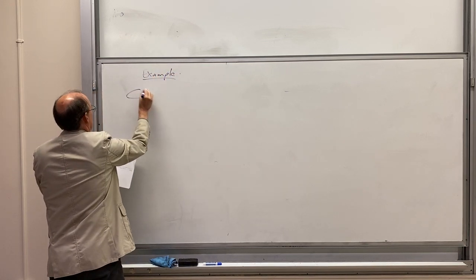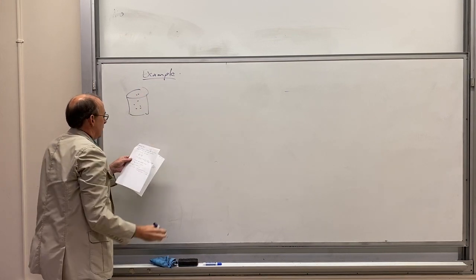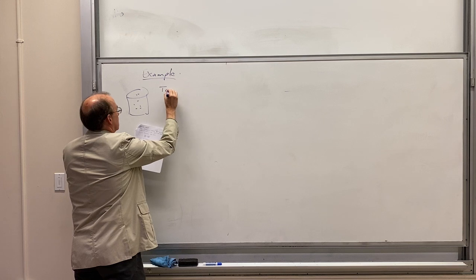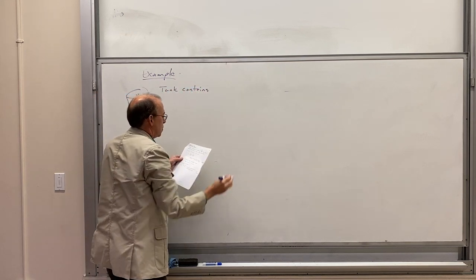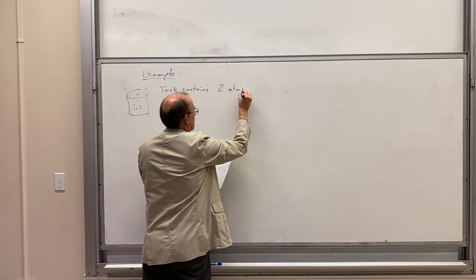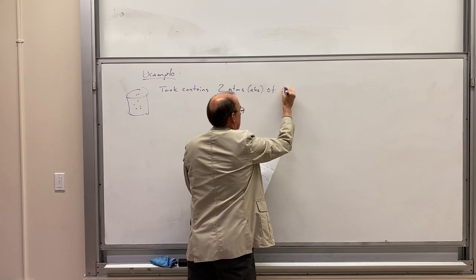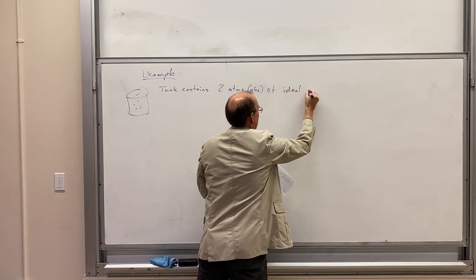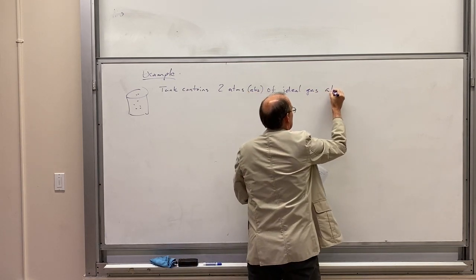I've got a tank, as you would expect. This tank contains 2 atmospheres, absolute pressure, of some gas that's approximately an ideal gas at 30 degrees C,